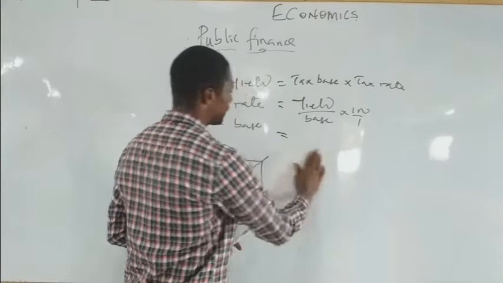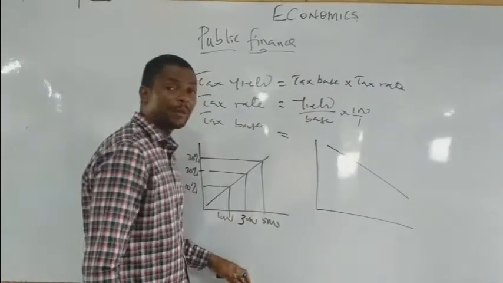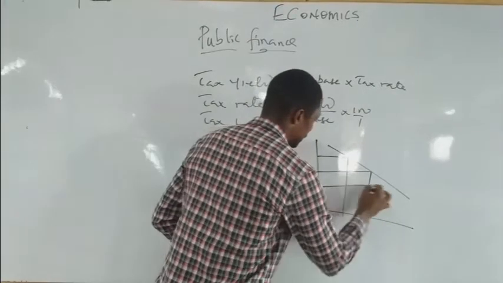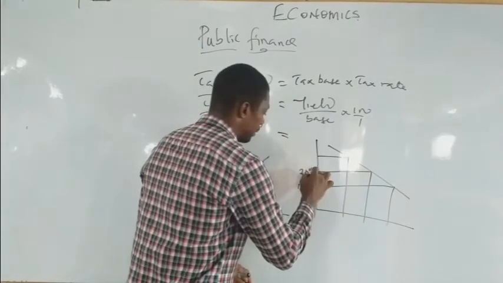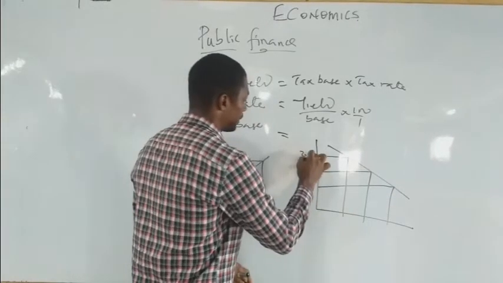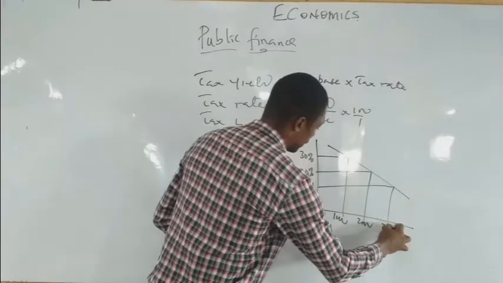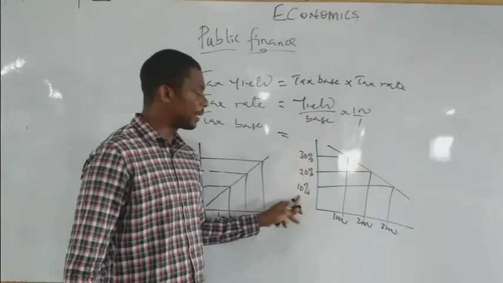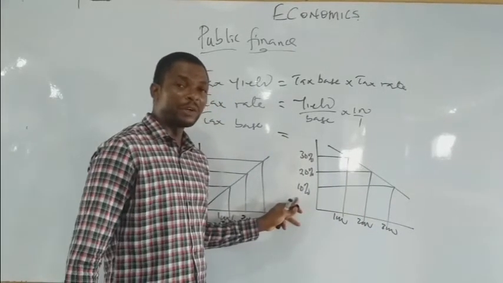Now you observe in this case that the diagram is just like the diagram of the bank curve. You observe this goes like that and that goes like this. You have this as 10,000, 20% and this one at 30%. 1,000, 2,000 and what? 3,000. When you are earning 1,000, you are paying 30%. But when you are earning 10,000 and 3,000, you are paying 10%. Such a tax is called a regressive tax.